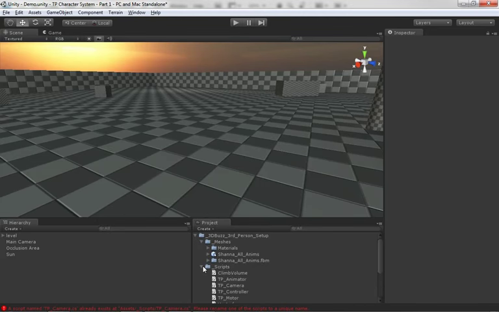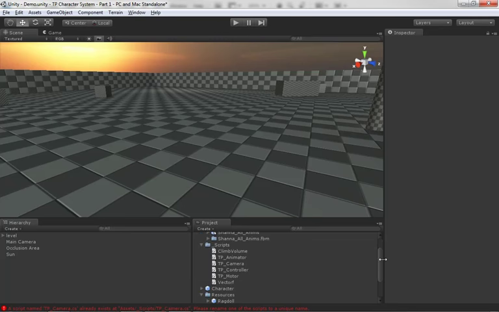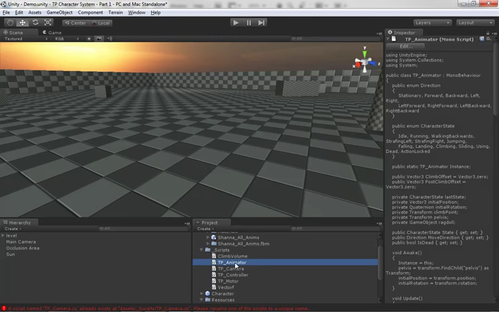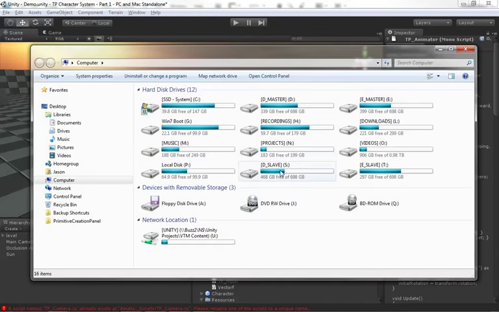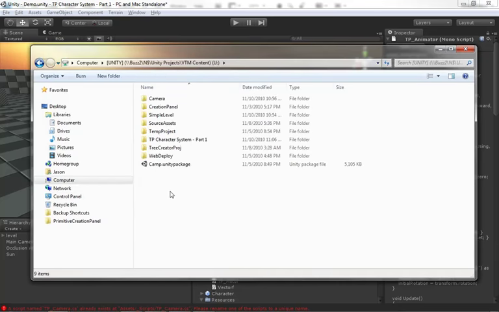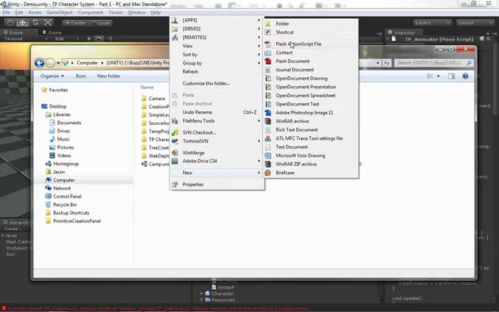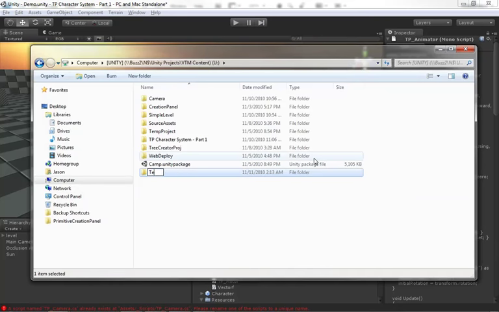So, let's see. We already have a couple of scripts that are in our scene, which is causing some problems. So what I'm going to do is delete these scripts. Actually, I don't want to delete them. I want to move them because we are going to need them for later sets. So I'm going to save them for posterity. Okay. So new folder and temp scripts. So just a new folder. You don't have to do this. I'm just doing it to